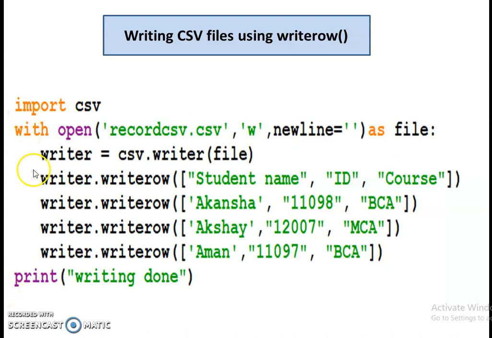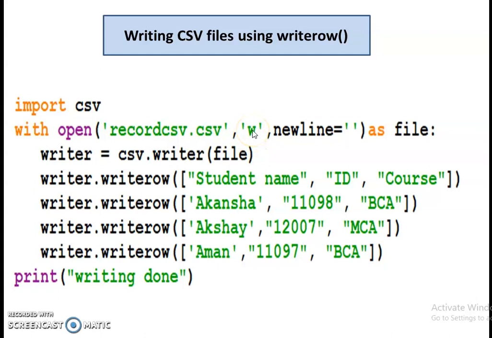We have this code showing how to write CSV files. First of all, we need to import CSV module, and this is the module provided in Python to deal with CSV files, right? So first statement must be import csv. Then we are opening file using with syntax. So we are using with open, then we are providing parameters to it. First parameter file name, next parameter specifies the mode. So here we are opening this particular file in writing mode, so we are writing w, right?